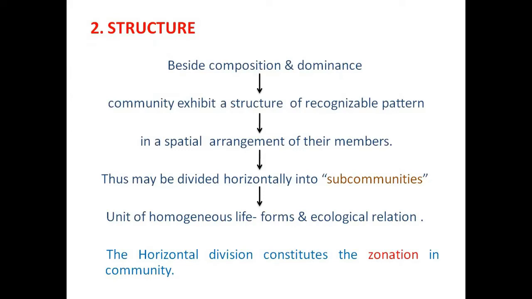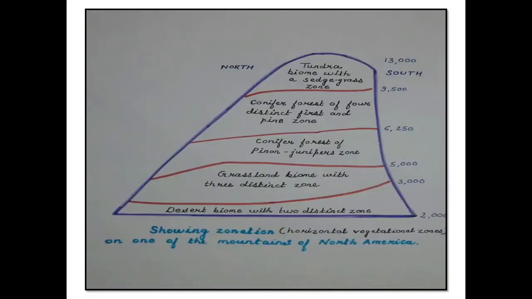What is the basic structure of community? Besides composition and dominance, a community exhibits a structure of recognizable pattern, arranged in a spatial manner, and thus may be divided horizontally into sub-communities. This is a unit of homogeneous life forms and ecological relation. If we consider zonation, then the horizontal division constitutes the zonation in the community, and this is the example of